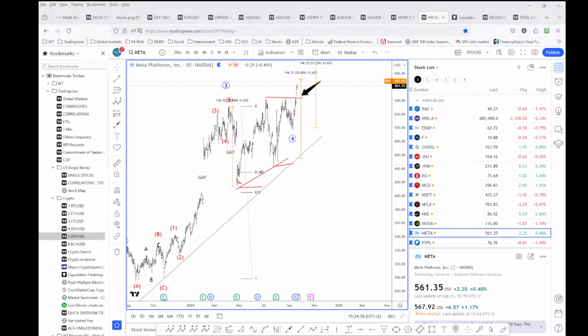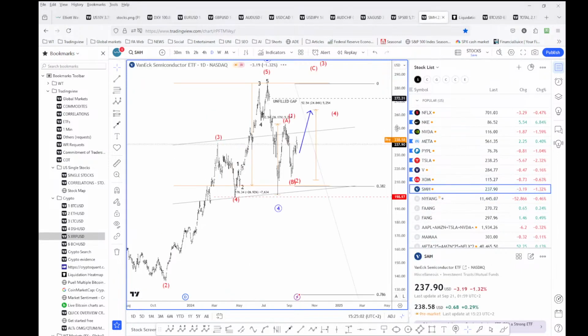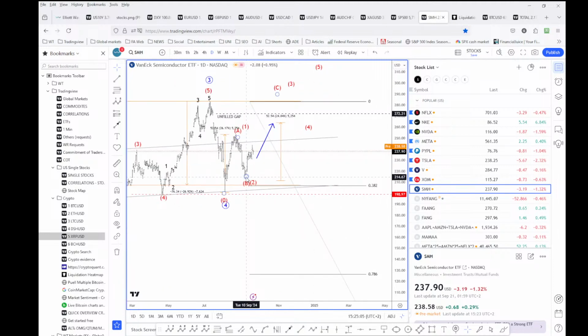Now, since we mentioned and talked about stocks, if we take a look at some single stocks, maybe firstly semiconductors here, no change. We are still looking for a minimum 3rd leg to the upside. We have this unfilled gap here from July, from 2 months back. So I'm looking for more upside. And this unfilled gap, as you know, can firstly act as a resistance, or maybe we'll just simply break through it and move to new highs here. But in the short term, if you're watching this one, I just think that we completed this correction and that we are in the third